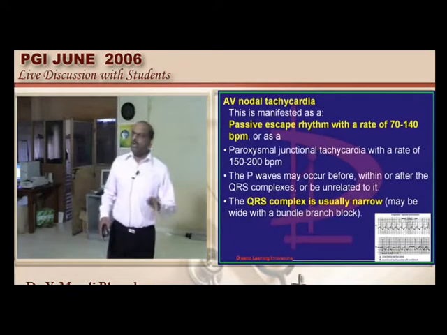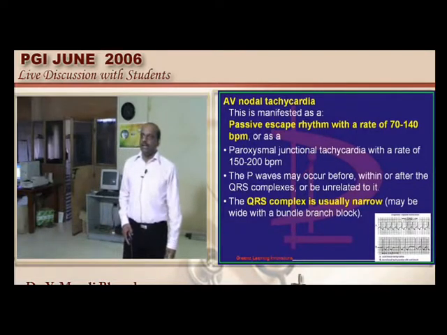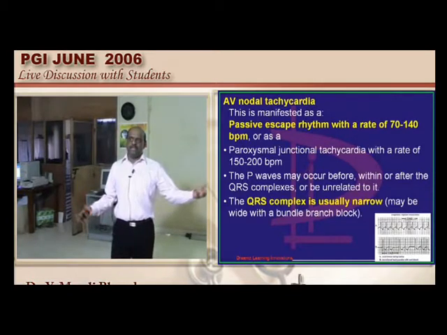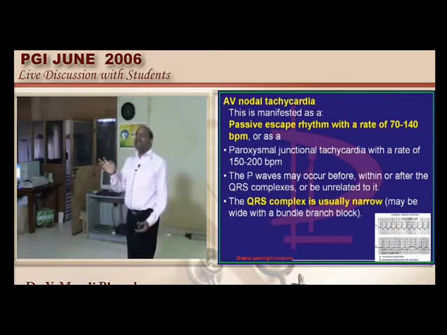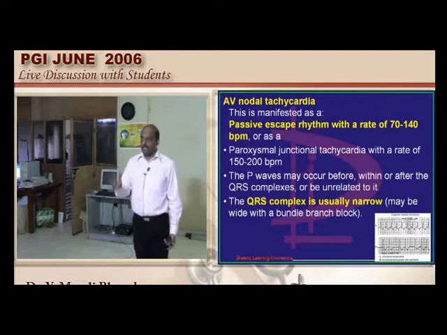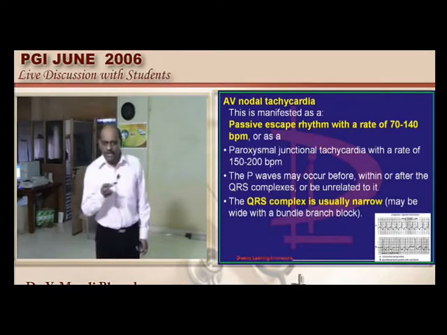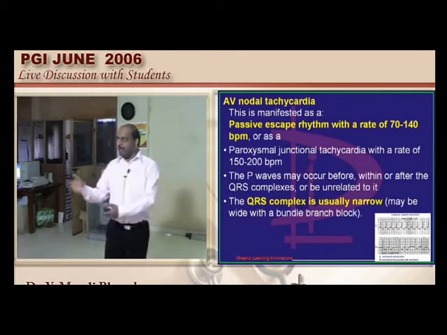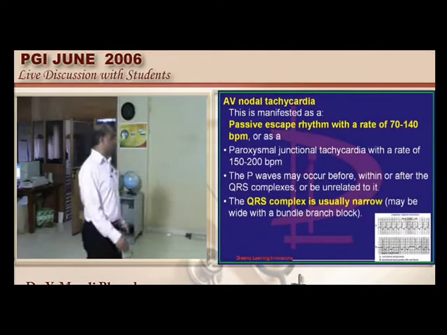Tell me, doctor, what is the most characteristic arrhythmia that you come across in digitalis toxicity? AV nodal junctional rhythms, they are the very characteristic feature. What is the reason for the origin of them in digitalis toxicity? Digitalis acts like a parasympathomimetic agent, and all that excessive parasympathomimetic activity with the AV nodal blockade is the one which will make various arrhythmias to arise. So AV nodal junctional tachycardia is one such.